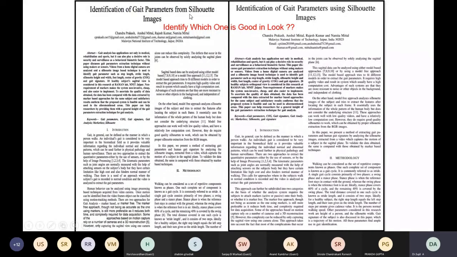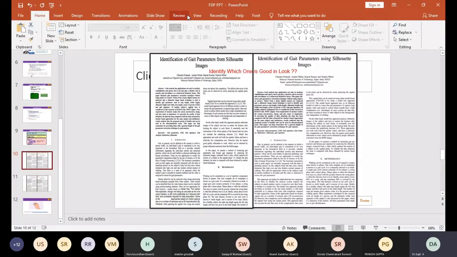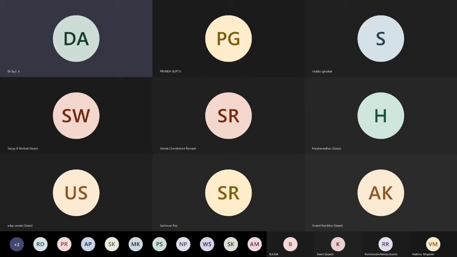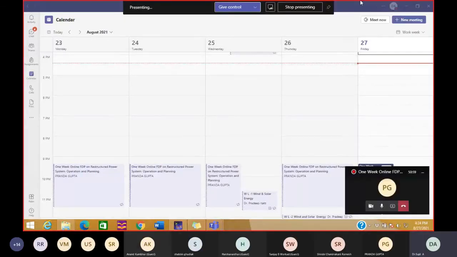So I think this will be a brief introduction of LaTeX and the requirement, or why we need to go for using such tools for writing research articles or thesis, etc. Now let us do one hands-on session. I'm going to share my screen and we are going to prepare your first